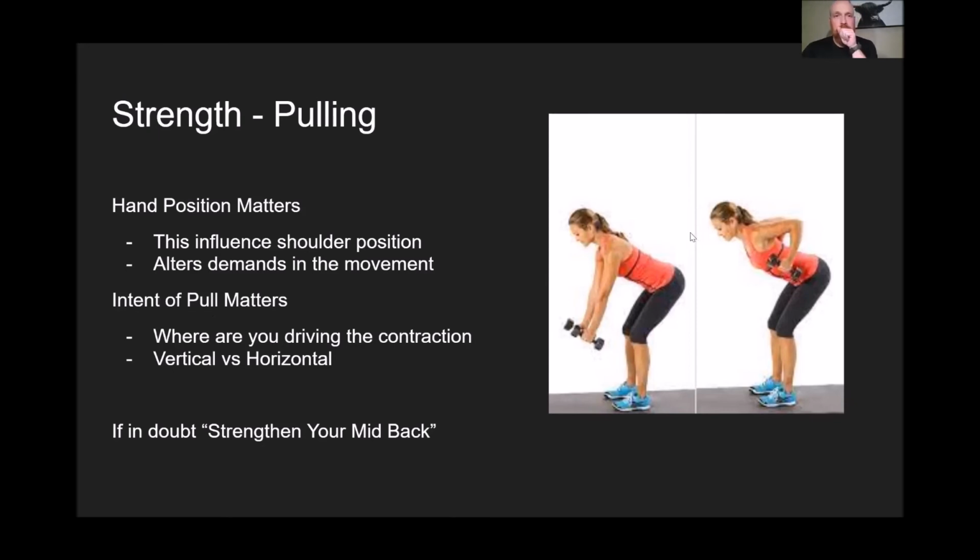And the last one to consider is your arm position and how it finishes. You see this lady here who's basically driving her hands towards her chest as close as she can. It means her elbows have gone right up. When we've done that, we've really driven our shoulder position quite far forward and shrugged up into the neck rather than worked through that region that she wanted to work through. So when you are doing the pull, make sure you're